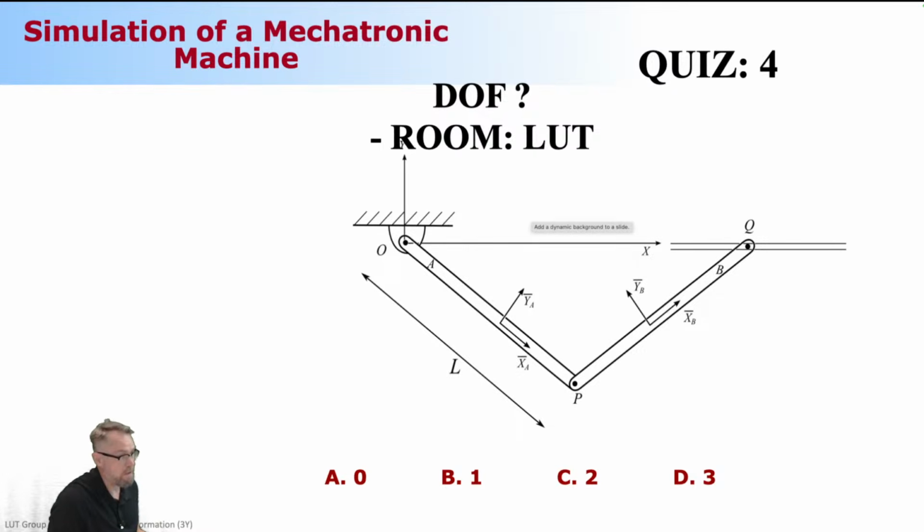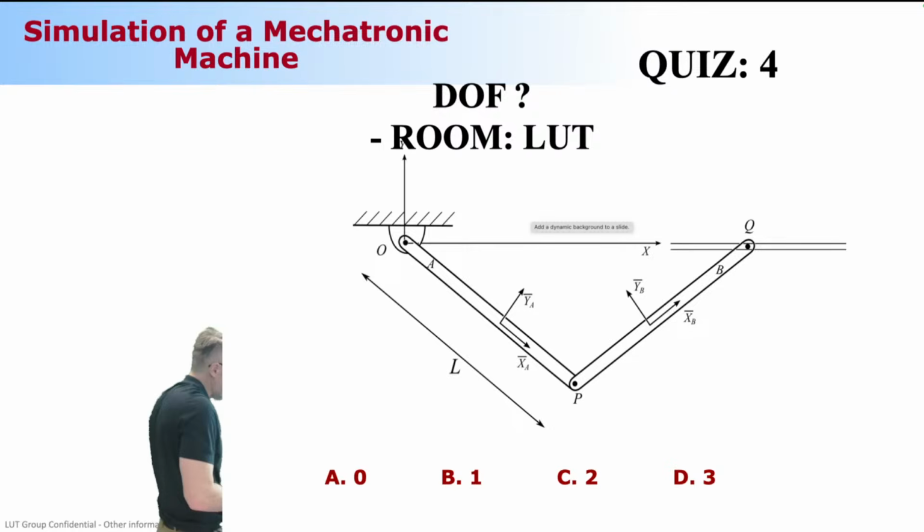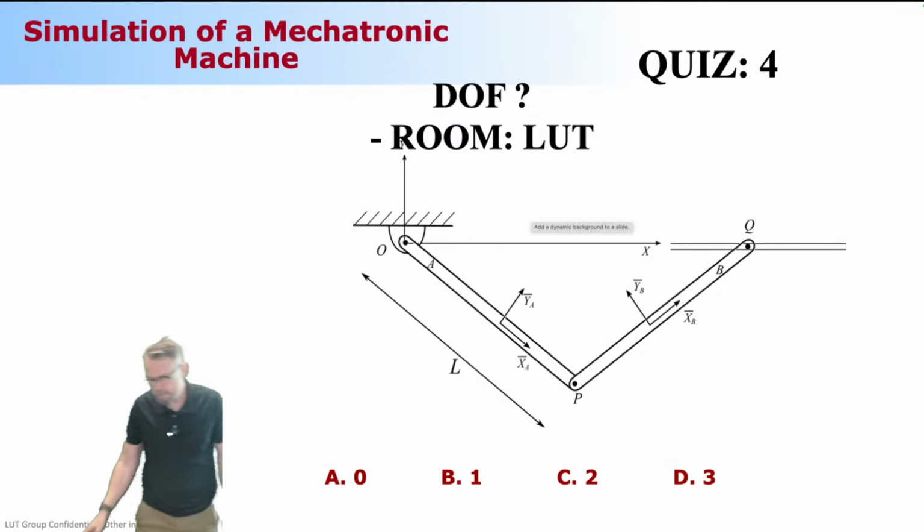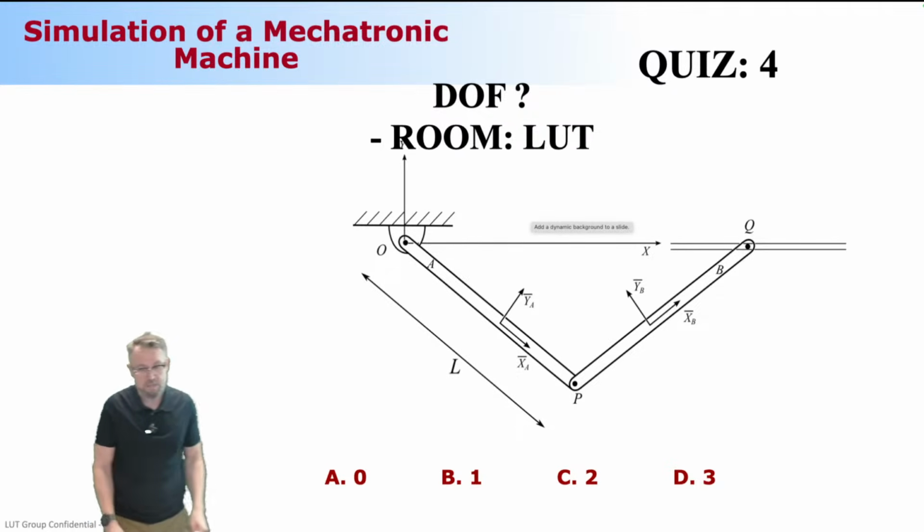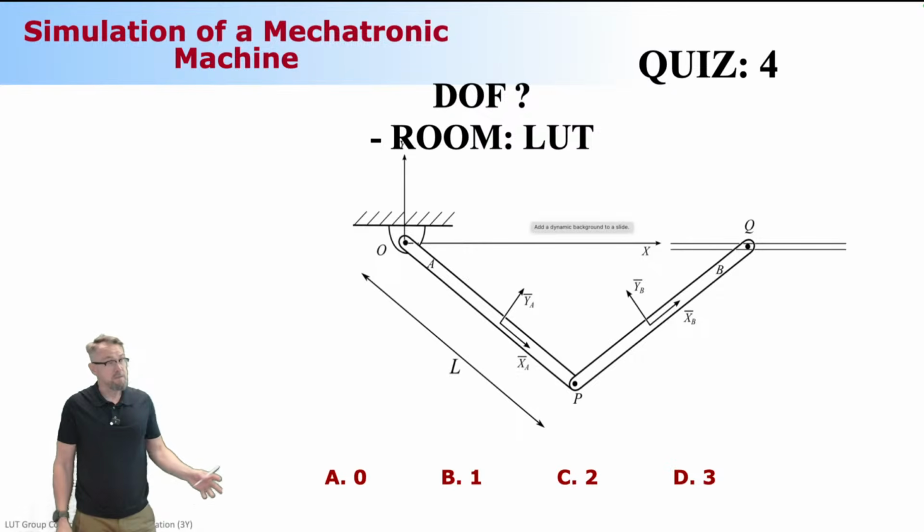Take a look at how many moving bodies, how many translational joints, how many primitive joints. How is this different from what we looked at a little while back? No difference. Well, let me correct myself. There is a difference, of course, because of the way the primitive joint was oriented. But other than that,